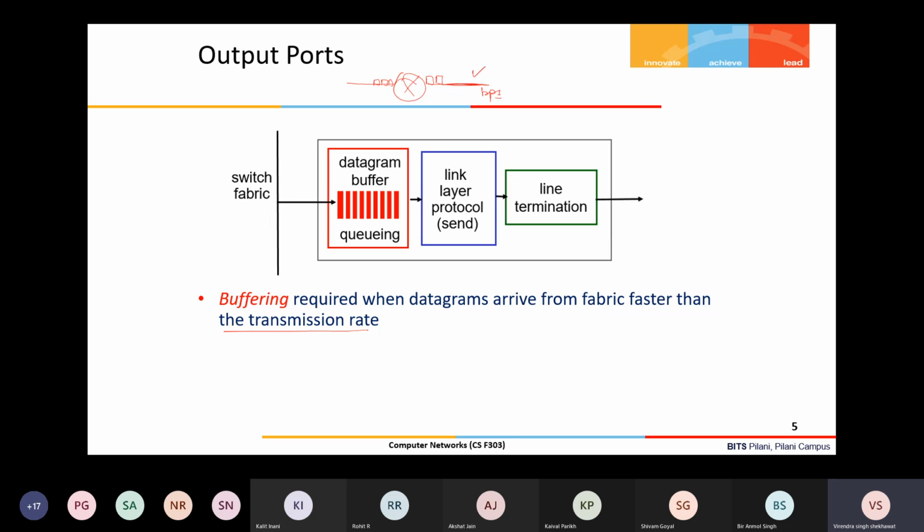So basically your fabric speed is twice the link speed. If this is the scenario, then over a period of time the queue will be building up, right? So the buffering is required when datagrams arrive from the fabric faster than the transmission rate.